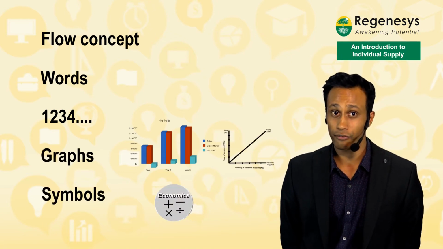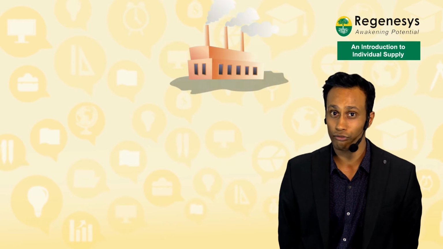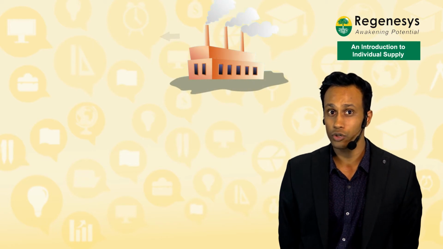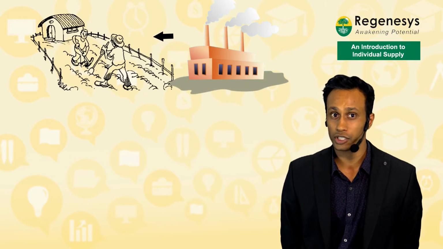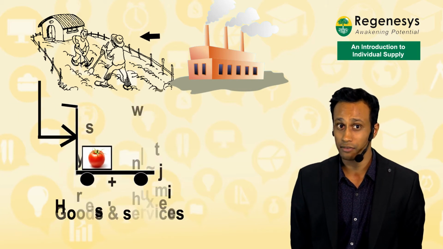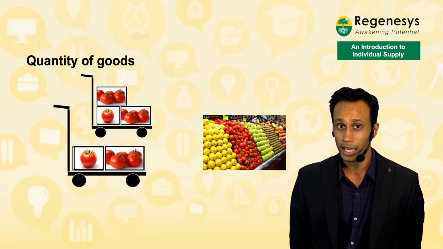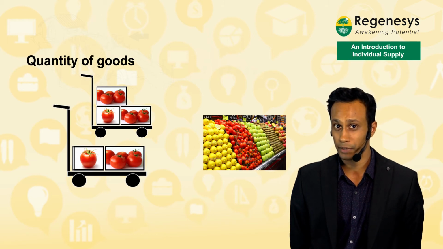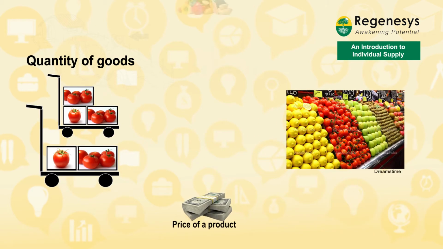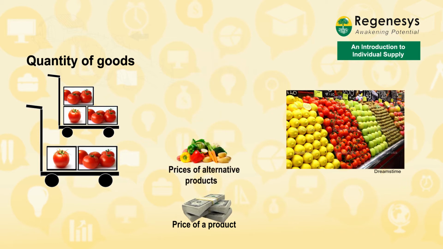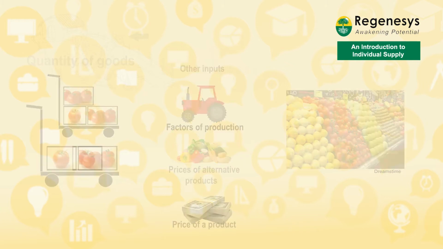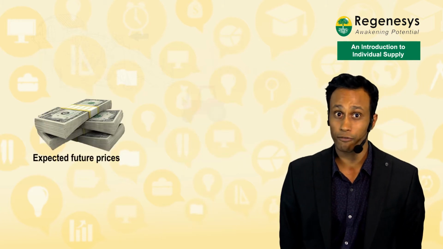Individual supply refers to supply by a single firm. A firm is a unit that employs factors of production to produce goods and services that are sold in the market. The quantity of a good supplied by a single firm in a particular period depends on the price of the product, the prices of alternative products, the prices of factors of production and other inputs, and also expected future